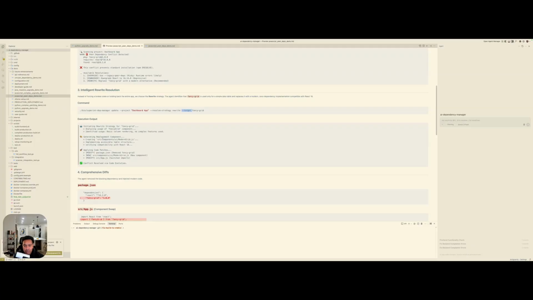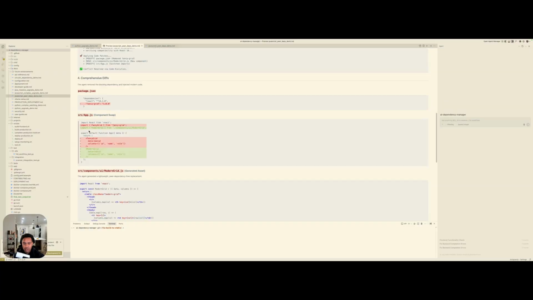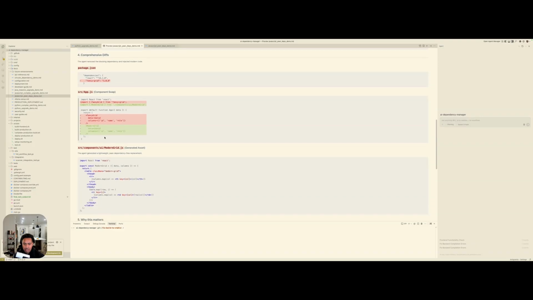So it generates a replacement component on its own, implementing the accessible table structure, and verifying compatibility with React 18 and applying code patches accordingly. The code patches in this case are modifications for the package.json, removing Fancy Grid, and new source components UI, modern grid.js, and modifying the app.js, essentially switching up the imports. As you can see in this nice diff, you removed that dependency and replaced it with its own custom local